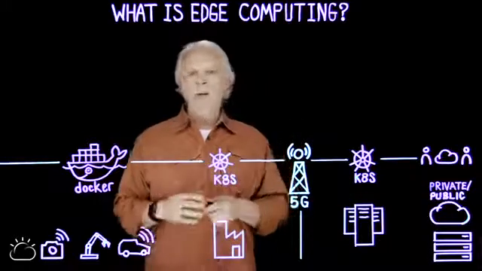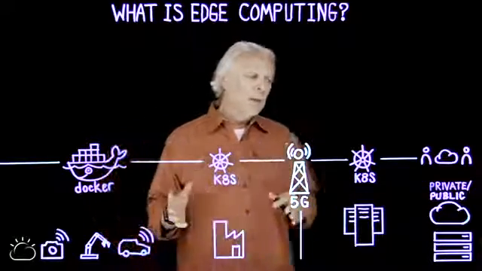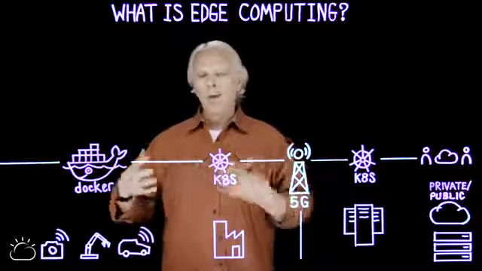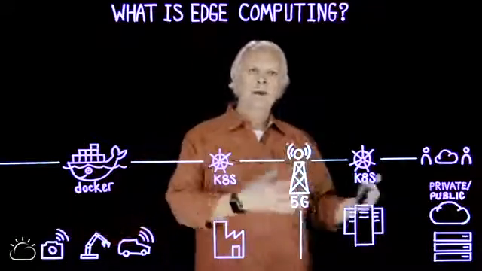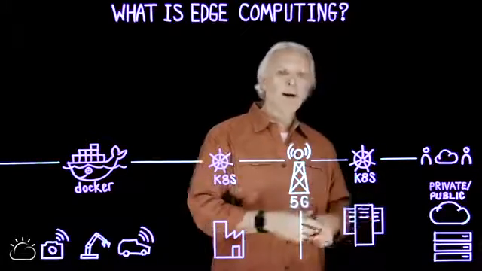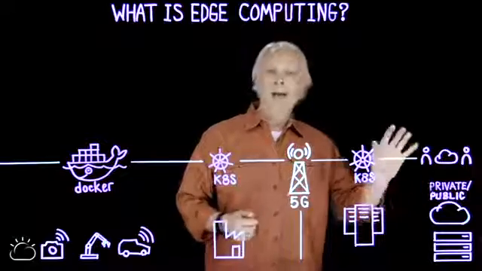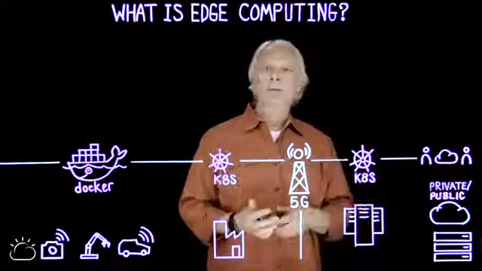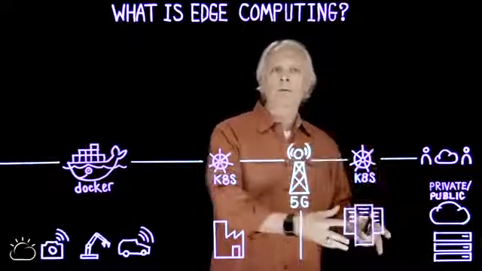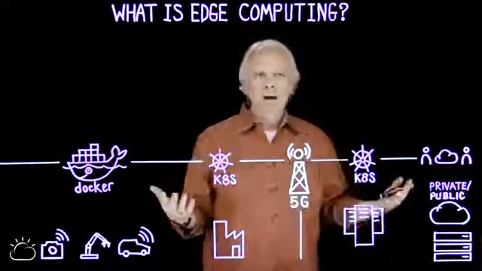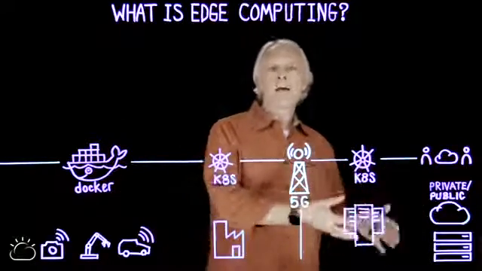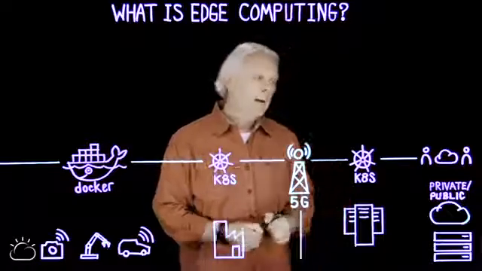So let's take this down a little bit further. If we want to make use of the edge and we want to place workload there, we have to start by thinking about what data ends up coming back to the cloud. And when we talk about clouds, let's talk about both private and public clouds and not distinguish those, because frankly, where we put that data, where we end up processing that data for things like aggregate analytics, trend analysis, is still likely to occur in the cloud, in the hybrid cloud.